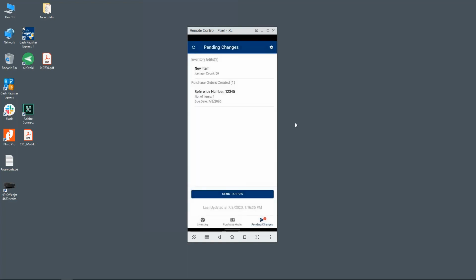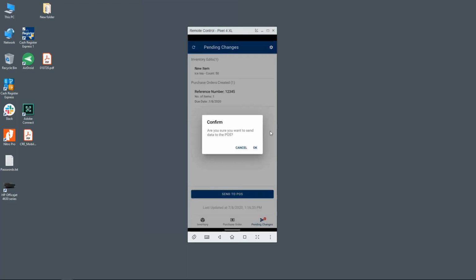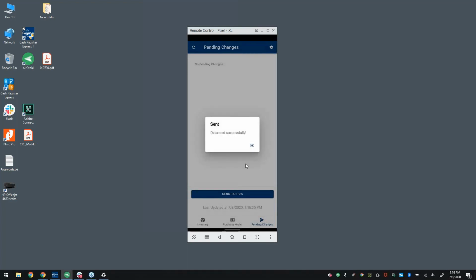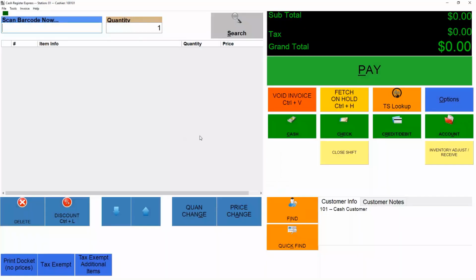And then we're going to go ahead and send the changes that we made to the POS. It's going to confirm, asking do you want to send those changes? And then we have data successfully changed. Again, for this